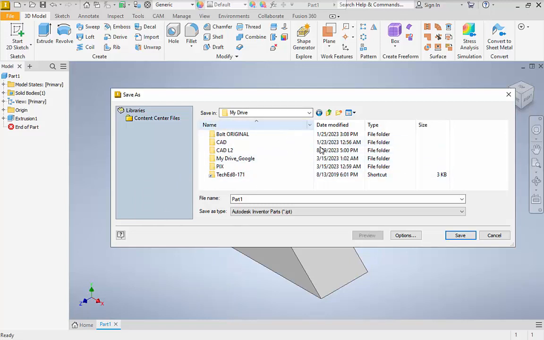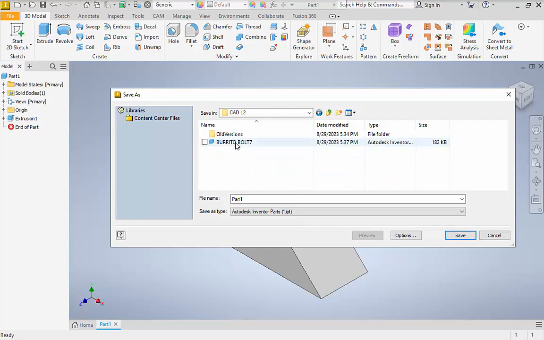Sometimes there's a delay. Sometimes the screen will just lock up. Just stop, be patient, and wait for it to synchronize. And once it does, you'll see your folders appear. Let me open up CAD L2. That's that funny file name I made with one of my classes. We're going to call this one